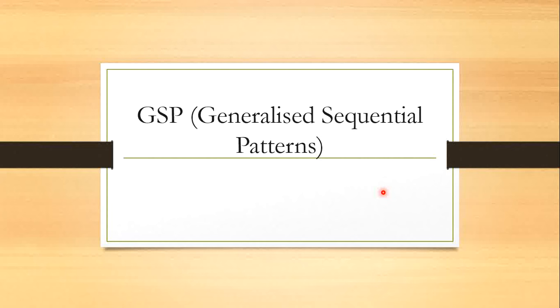In this video we will see the generalized sequential pattern algorithm, which is used to extract frequent sequences from a sequential database. The generalized sequential pattern algorithm is similar to the Apriori algorithm: it uses the Apriori principle, generates candidates and tests them. In this video we will consider an example sequential database and try to generate all the possible